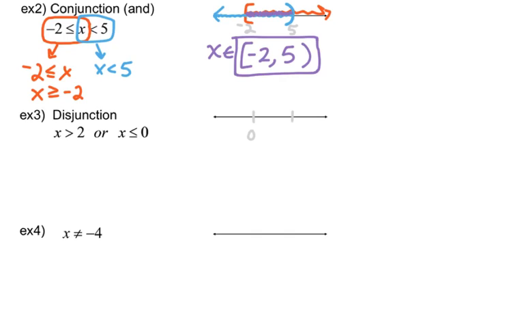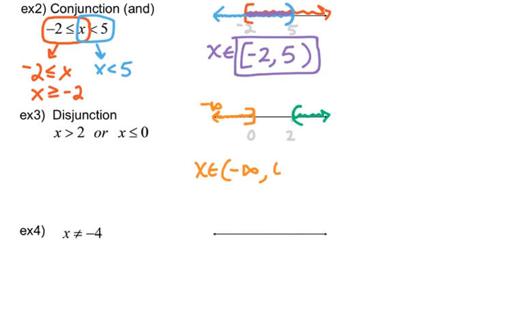So I'll mark 0 and 2 on my number line. Greater than 2 is a parenthesis at 2, greater than, we shade to the right. And less than or equal to 0, that means we have a bracket at 0, and less than, we shade to the left. In this situation, my solution set is that x is in the set from